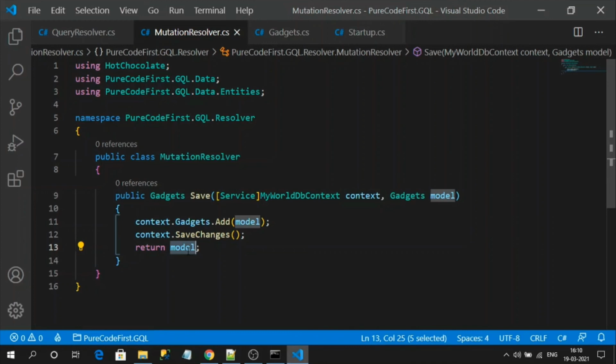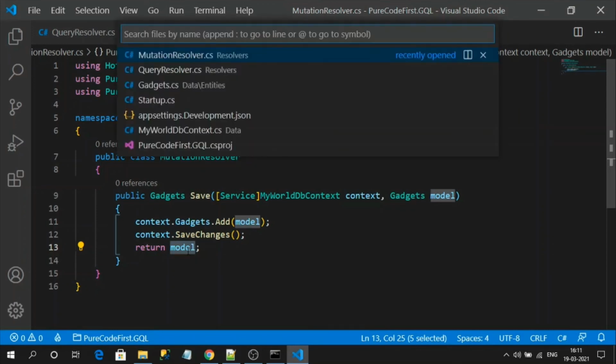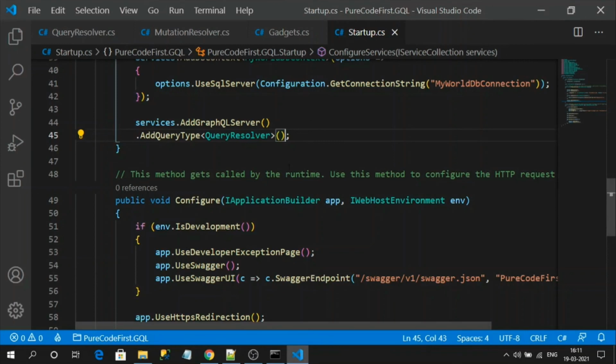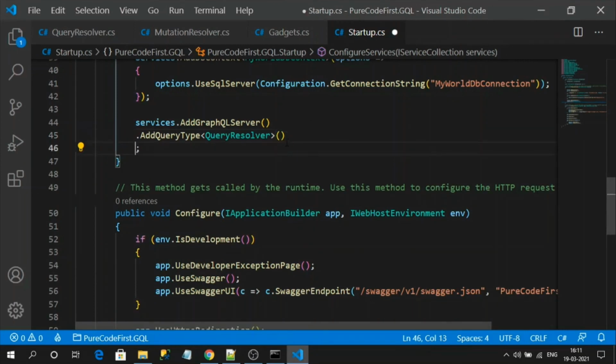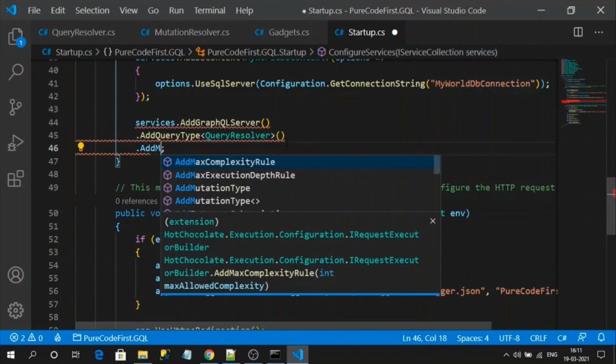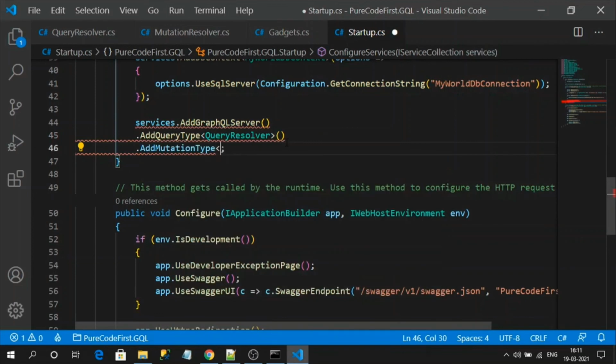Okay. But if you recall, in query, to make our query resolver a query type, it is registered in startup. Similarly, to make our mutation resolver a mutation type, we need to register it in our startup. For that, go to startup. Here we will have one more extension method, like AddMutationType.